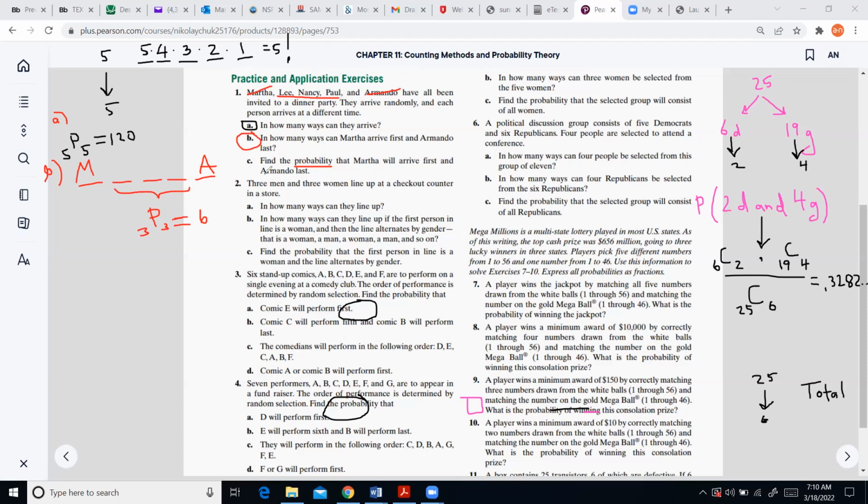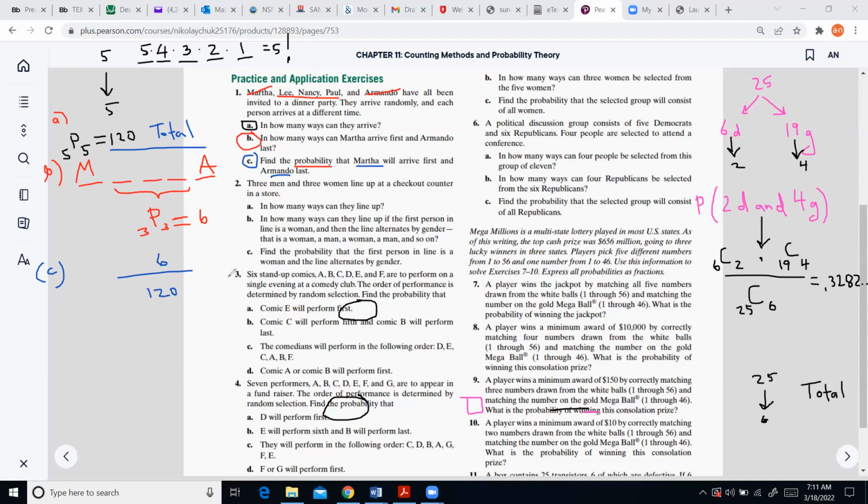And finally, question part C says, find the probability. So now we're going to need to get a fraction, and the denominator will be our total. Notice the total number of ways to permute these 5 people will be 120. The denominator is always total, and the numerator is what they're interested in, that part B stuff. So Martha is first, Armando is last, so we get